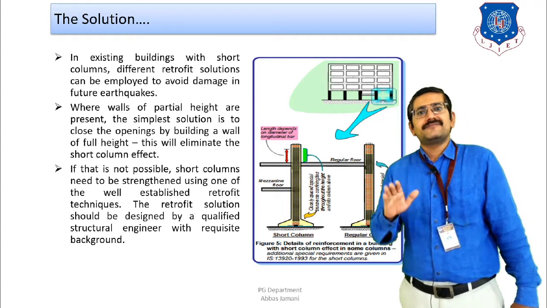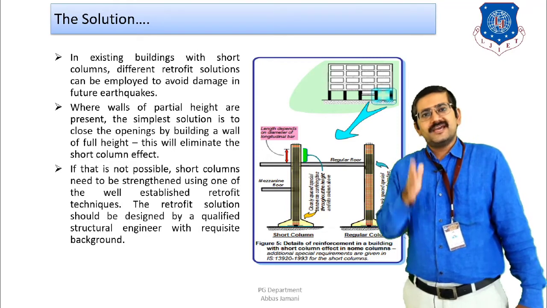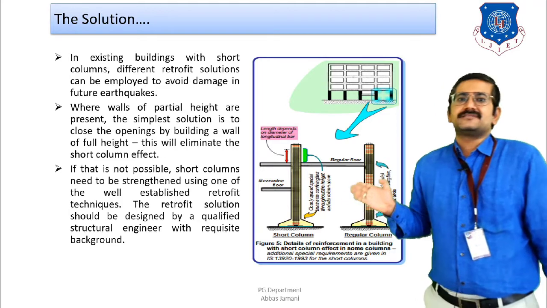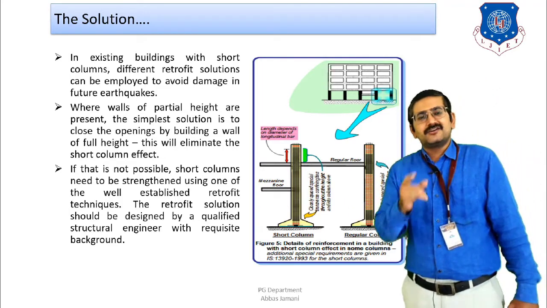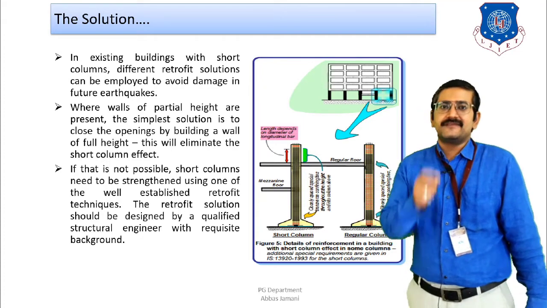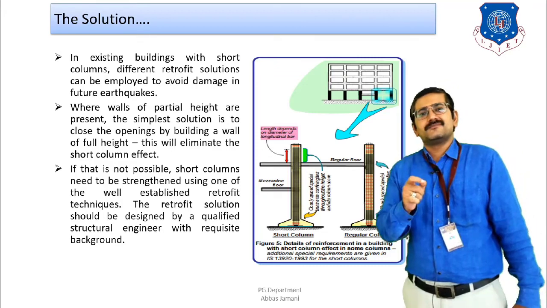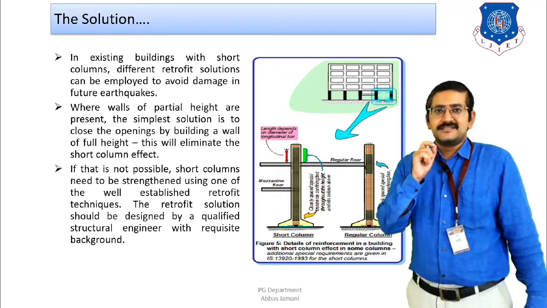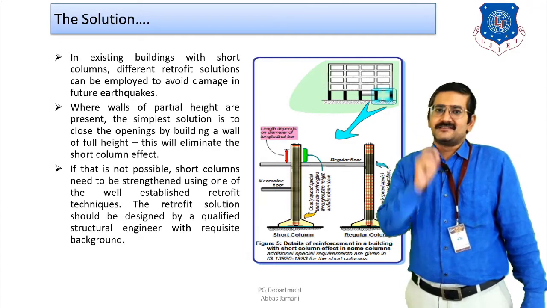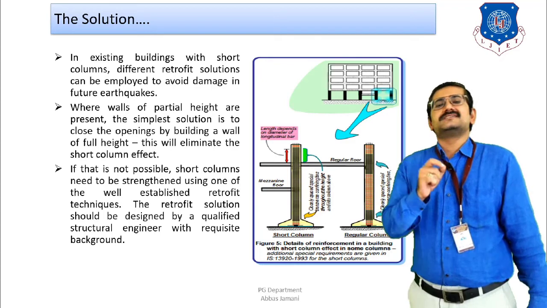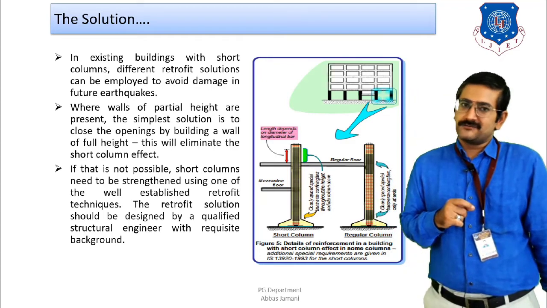And lastly, a qualified structural engineer should be hired by the developer to make sure that the guidelines of IS 1893 and IS 13920 are studied. The shear capacity of the column is calculated if the short column effect is going to be present in the building, and then sufficient retrofitting techniques which can help increase the shear capacity should be adopted, so that existing buildings also become safe when subjected to large lateral forces.